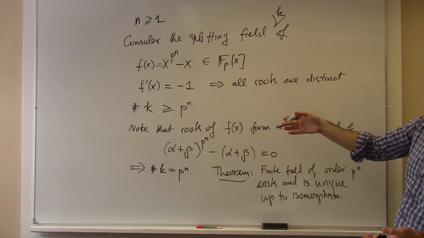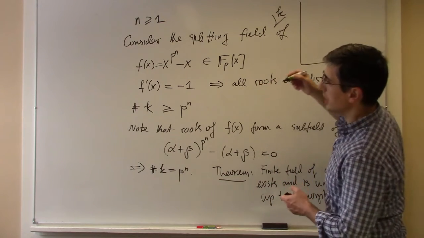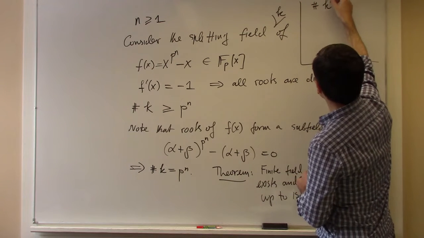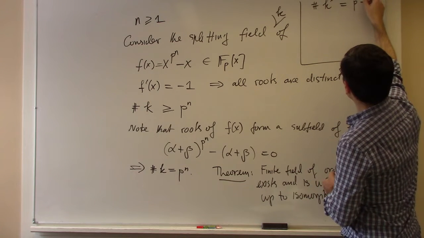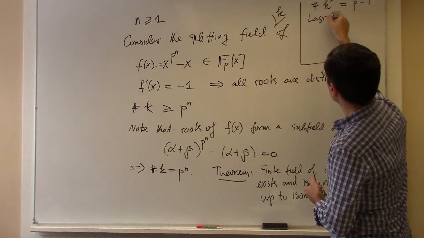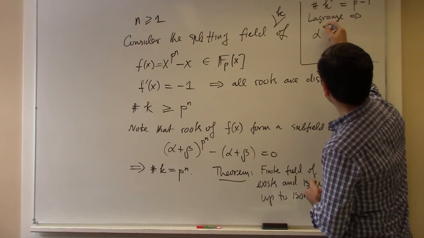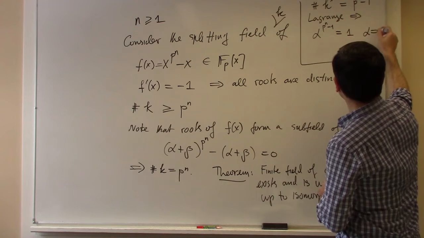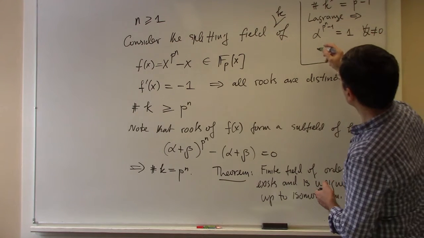Maybe in the previous part, when I said that if you start with a finite field, then it has order p^n. One small observation that you can make is that because the order of the multiplicative group of K is p^n minus 1, by Lagrange's theorem, alpha to the p^n minus 1 is equal to 1 for all non-zero alpha in this field, and then you get that